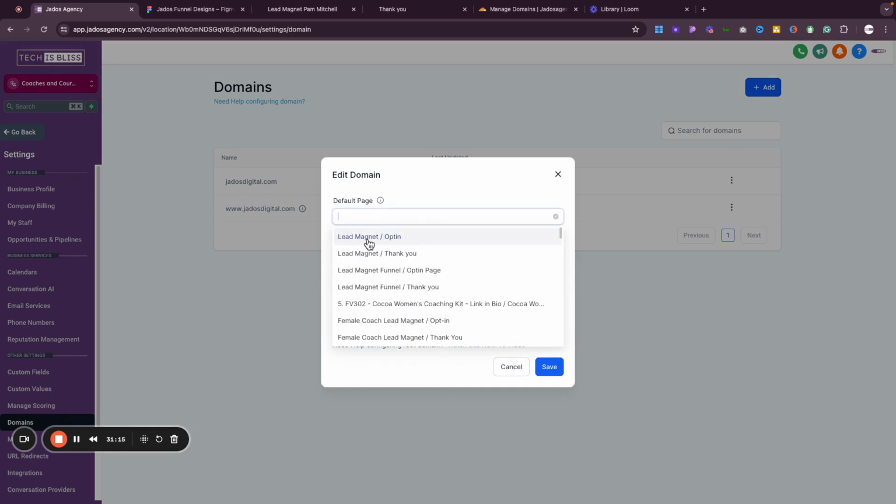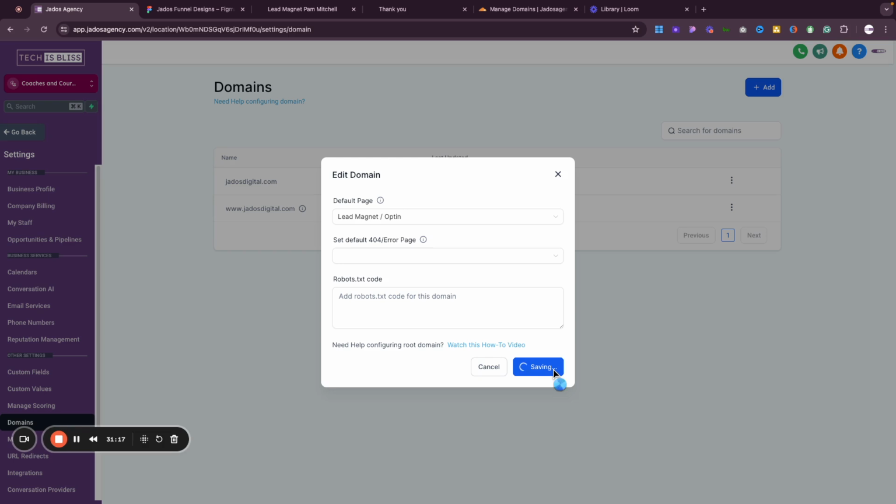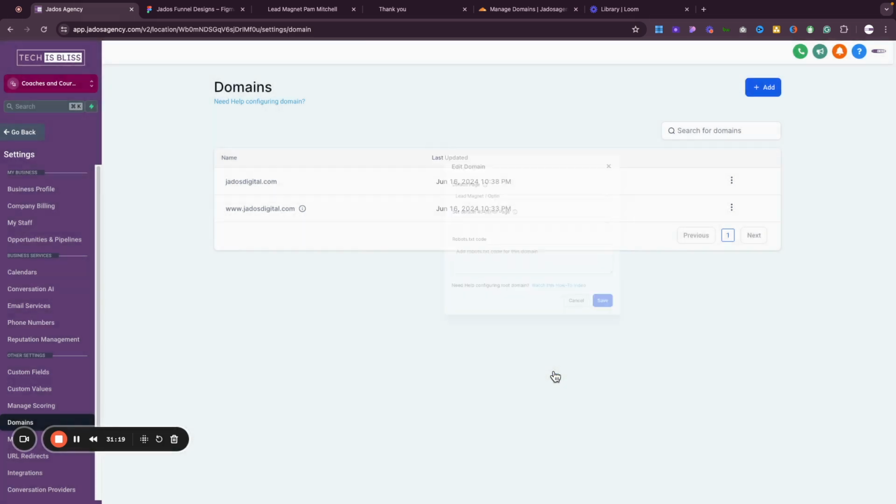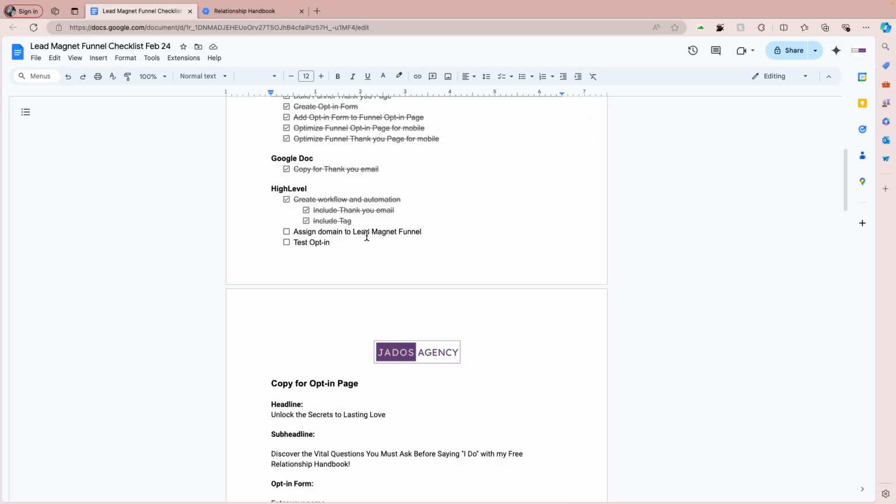Our default page here is this lead magnet opt-in, and save. Because we already have a redirect, anything that is j.digital.com will direct to www.digital.com. So we've assigned that domain to the lead magnet.